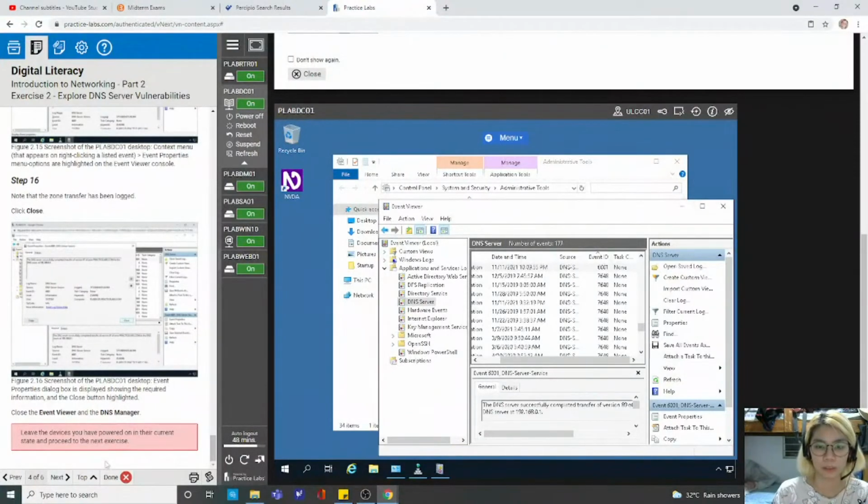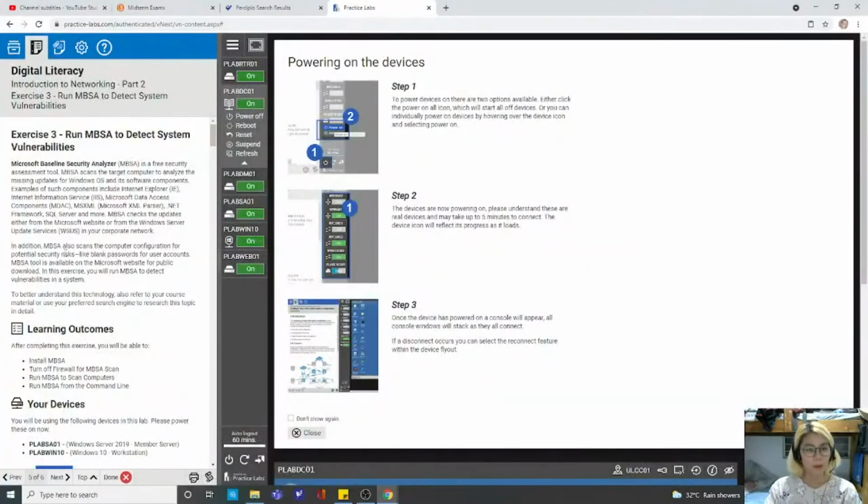Anyway, let's go next. Okay, so exercise 3 is run MBSA to detect system vulnerabilities. MBSA stands for Microsoft Baseline Security Analyzer. It is a free security assessment tool. MBSA scans the target computer to analyze missing updates for Windows OS and its software components. Examples of such components include Internet Explorer,